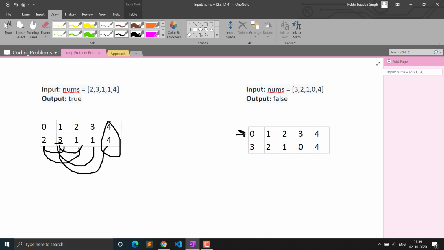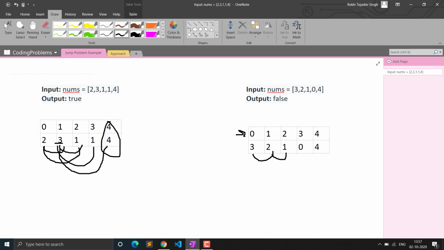So now we cannot go to 0, as we saw. From 3 if we go to 0, we won't be able to reach the end. So now if from 3 we go to 2, then we can jump 2 steps, so it will be 1 or 0. So if we reach 0, that means again we cannot go ahead. So now again from 2 also, if we go to 0, we won't be able to go anywhere ahead.